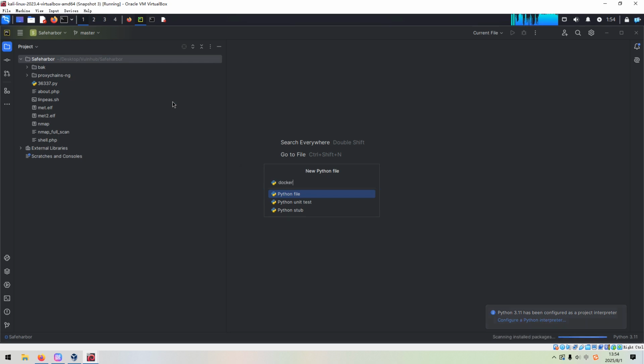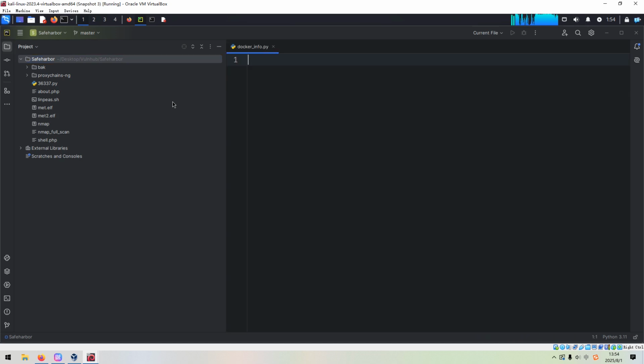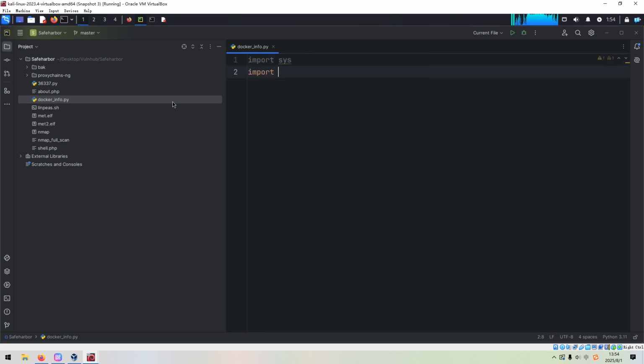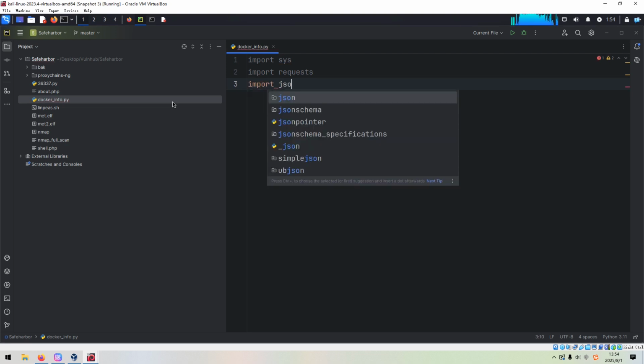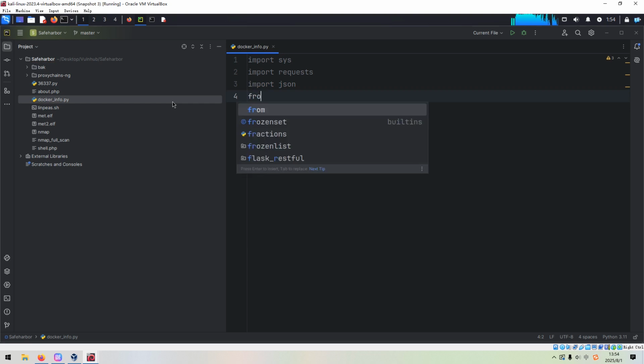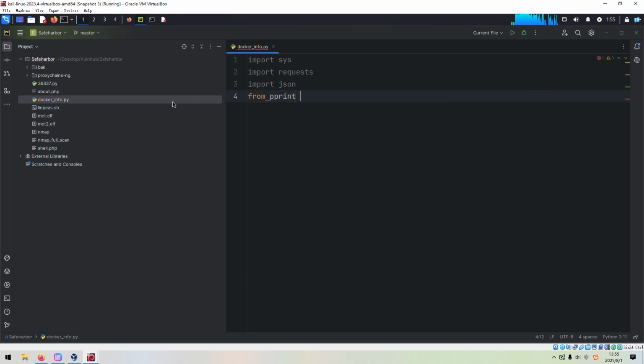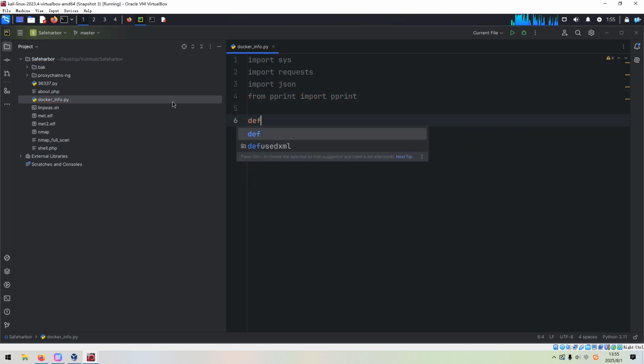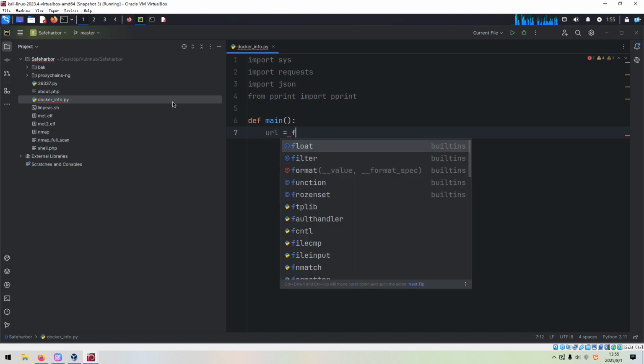for example, docker info. And we can import some modules like the sys module. And also I'm going to use the requests module. And also I can use JSON. And also we can import pprint. This can beautify the output. Import pprint. We can define the main function. So the URL should be, we can use a format string,